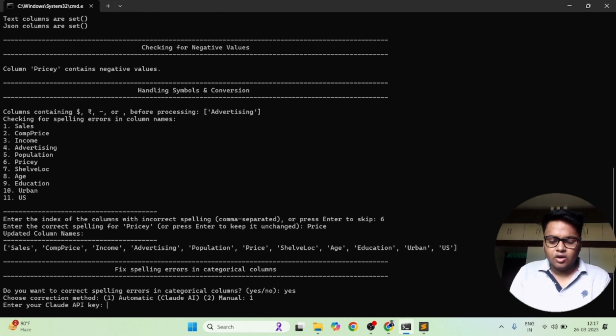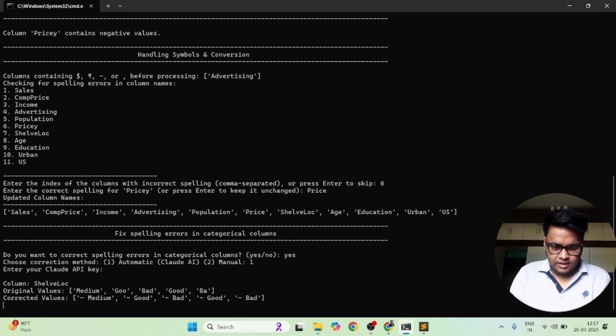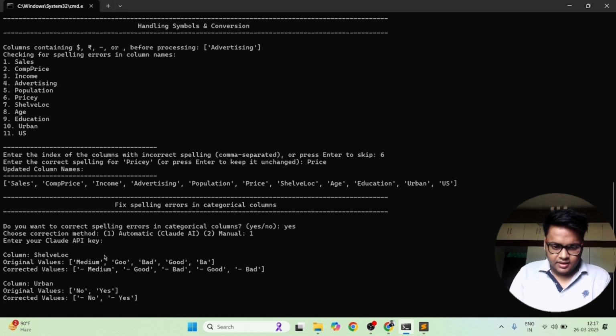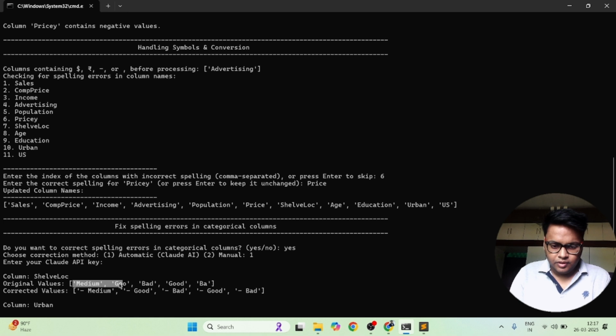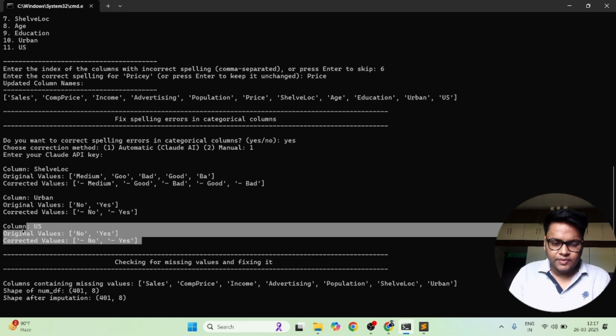Then I will paste my Claude API key, and after that I'm clicking on enter. Here we can see the spellings there: medium, good, GW, bad, good, BA. So it is fixing them. After that, you can see no spelling error is there, so it will leave it as it is.